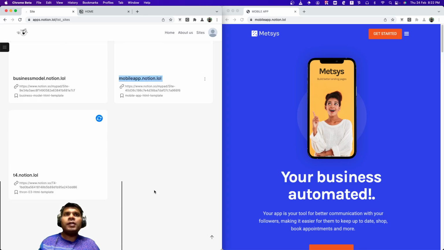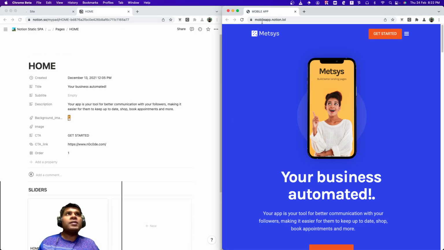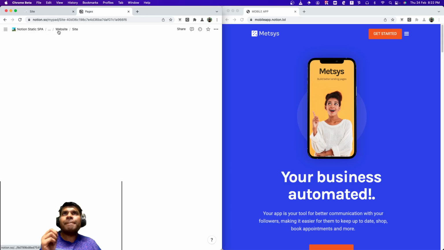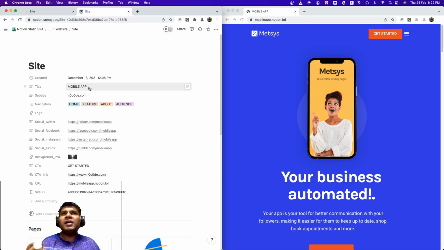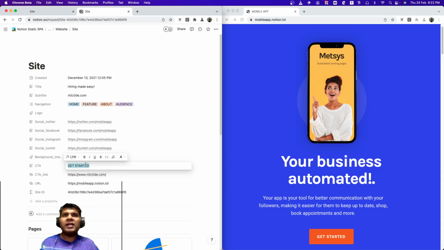The information related to the mobile app is in this Notion page, which I've got open right here. As you can see, the title is called mobile app, and the software is designed to be really user friendly, and I'm going to call this hiring made easy. And let's assume that I'm going to create a hiring software here, and get started is this tool. Instead of that, let's call it let's go. Just make it straightforward. Let's go. Okay. And then, I want to change this your business automated to something more related to my app,